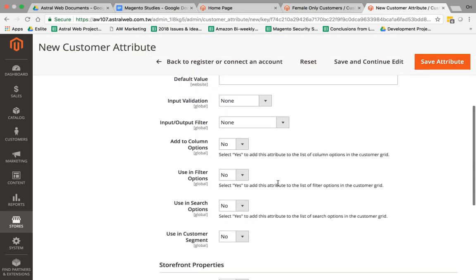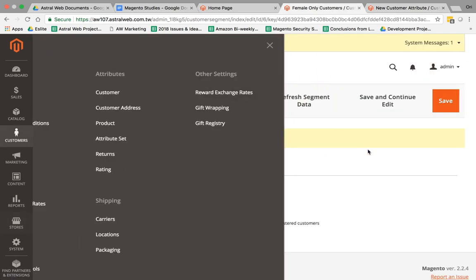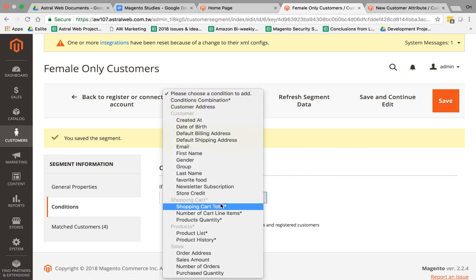If I scroll down to the middle, there's a field called use in customer segment. If I select yes and I save, then in my conditions, I will have another one called age, and then I can select, for example, anyone that's 24 years old goes in this segment. Anyone that's above 24, 28, etc. goes in this segment.